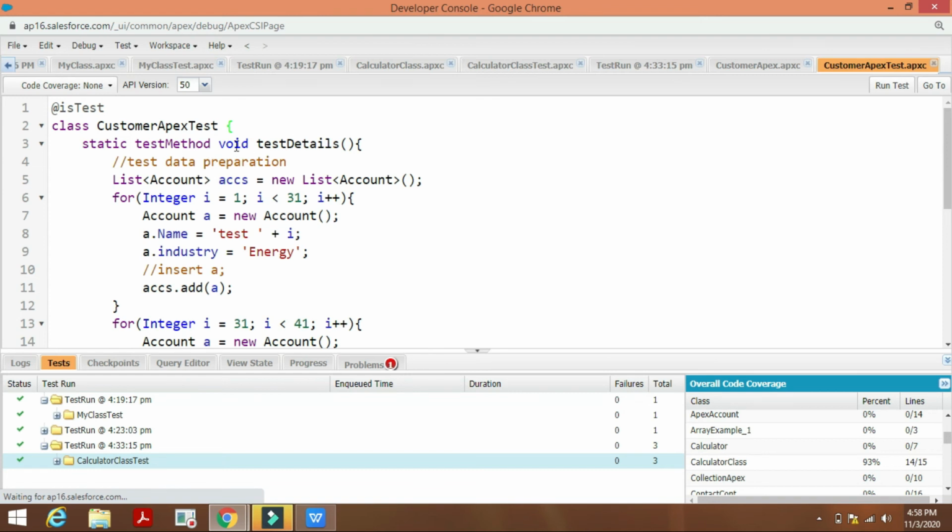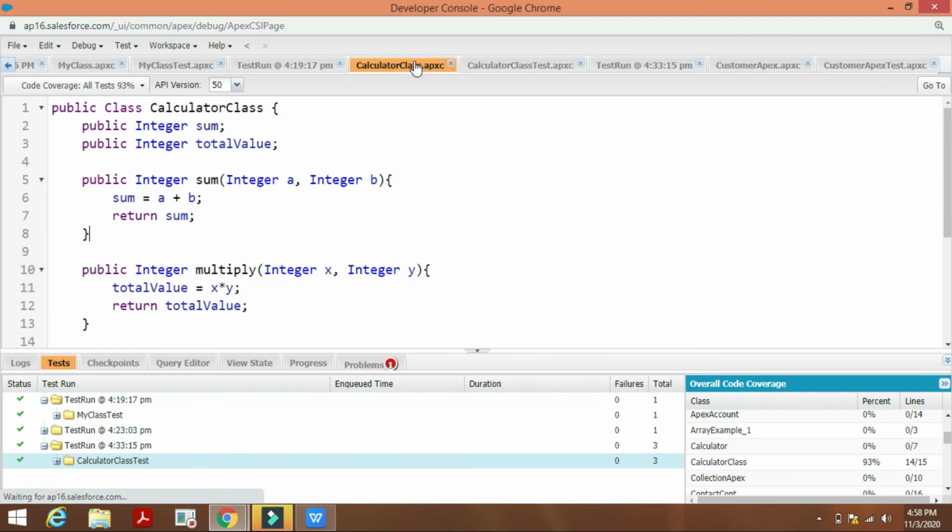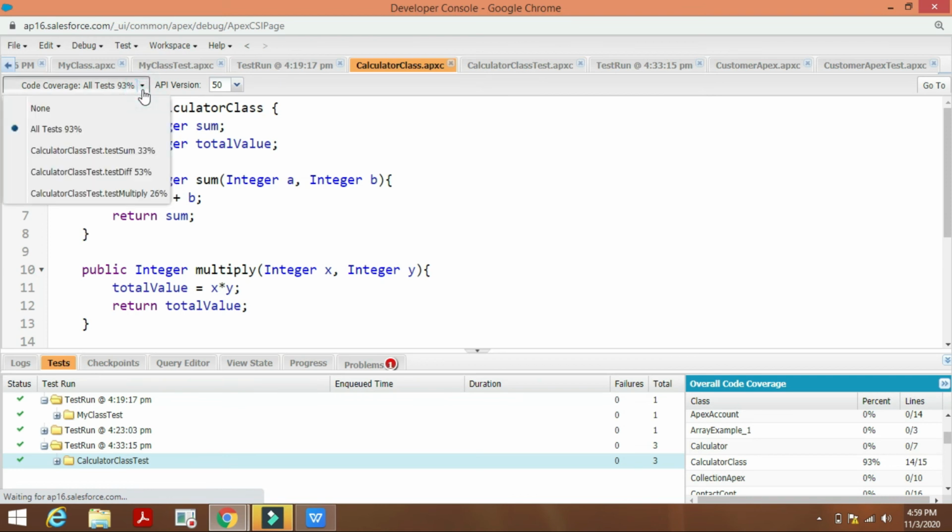Inside this test class, first we have got the @isTest annotation. It is very important. I forgot to tell you one thing. If you observe here in this test class, we can see the code coverage directly after running the test, and we can see the code coverage for different methods also.